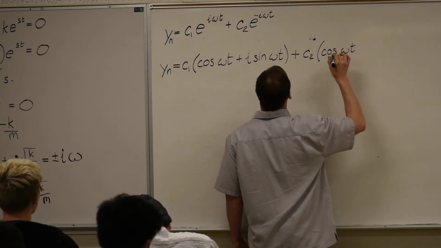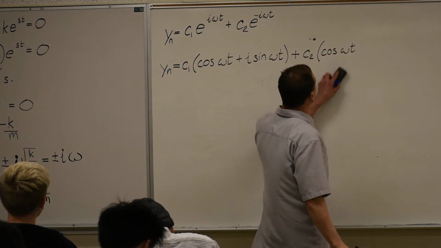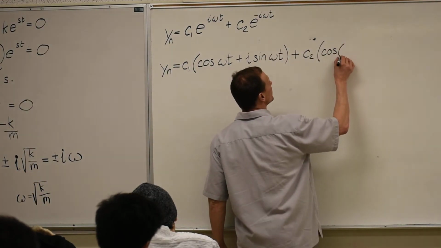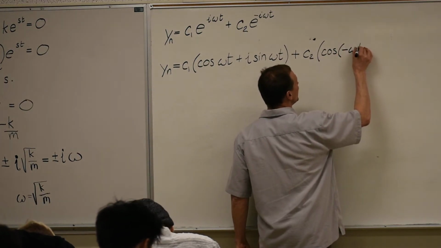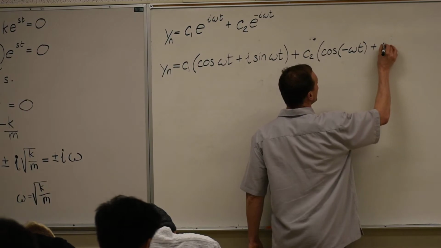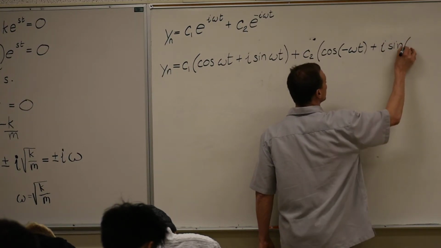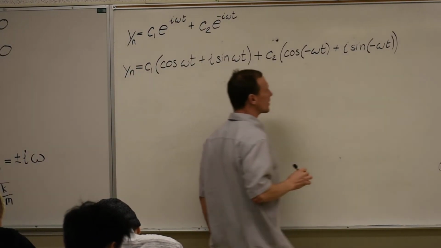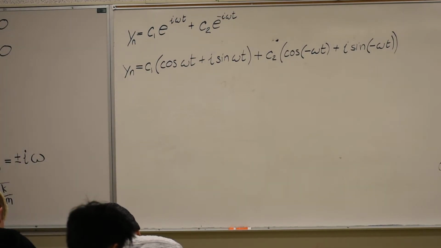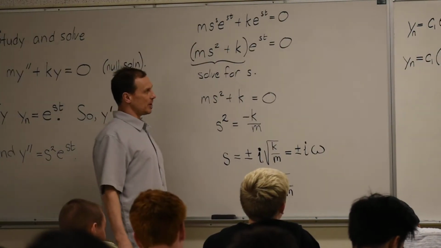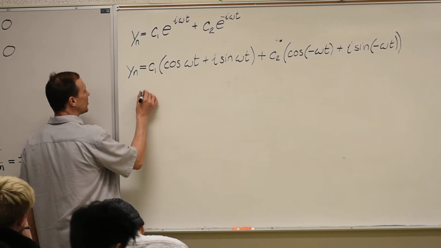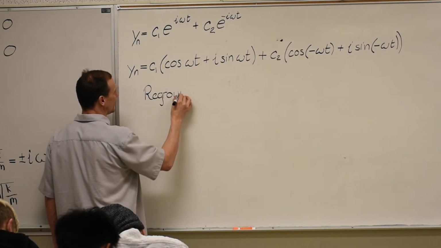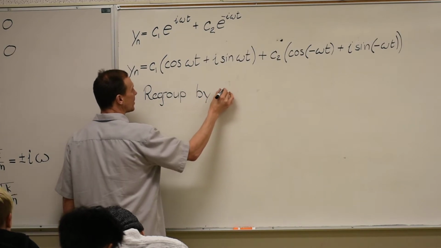oh, whoops. Darn it. Remember, this is a negative omega t now. So this is cosine of minus omega t plus I sine of parentheses minus omega parentheses. Okay, let's regroup these. And I'll even write this, we're going to regroup, and I'm going to do this all in one big step. I know we can do this, if we put our minds to it. Regroup I cosine,